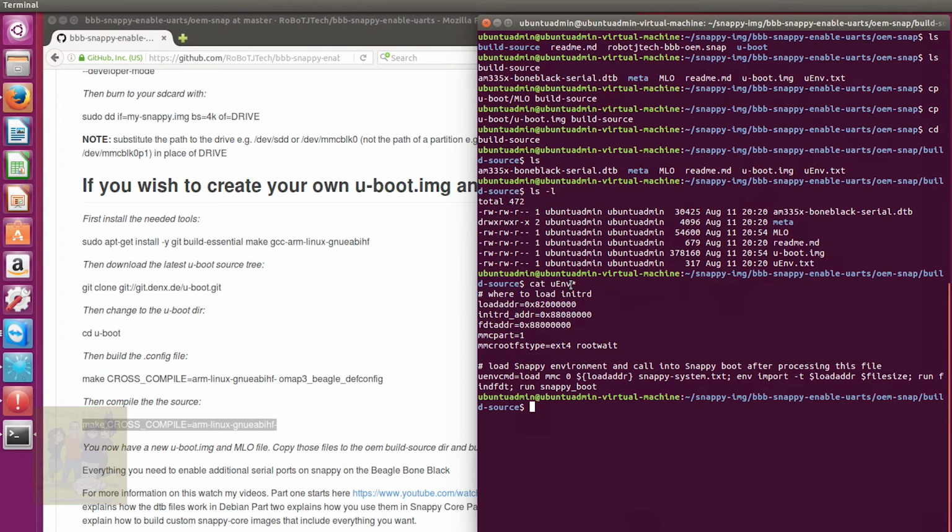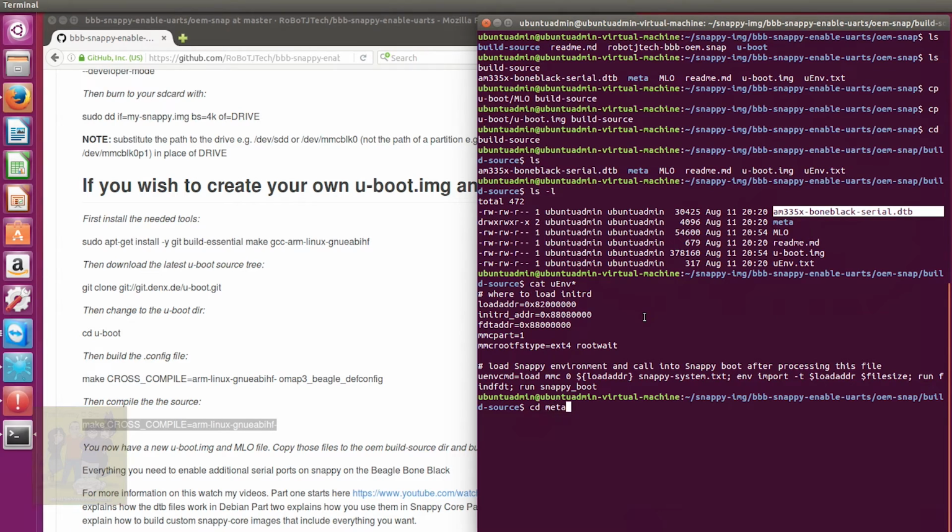So here's what we have in the U environment file. Basically, you shouldn't need to make any changes to that, but there it is if you wanted to. Then the next thing we have is, of course, our DTB file, which again, go to the step 2 video if you want a full explanation of how that file works and how you can make changes to the device tree with that file. That's completely covered in step 2. So we have our DTB, we have our images, we have our UNV, and then we have in the meta